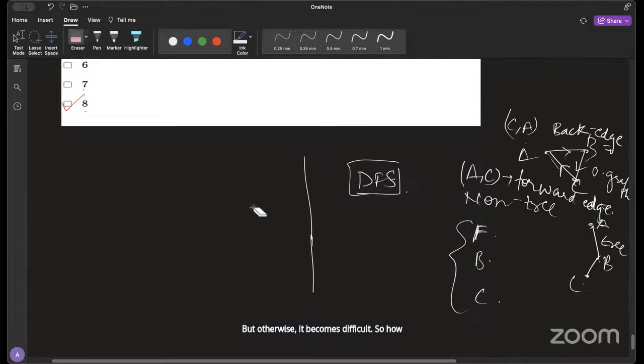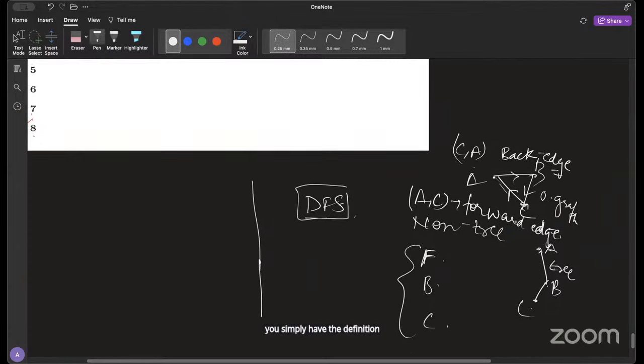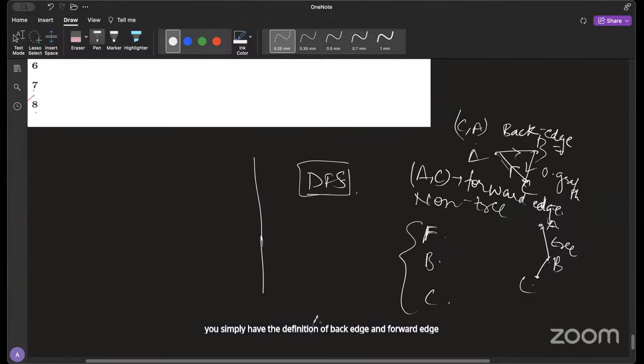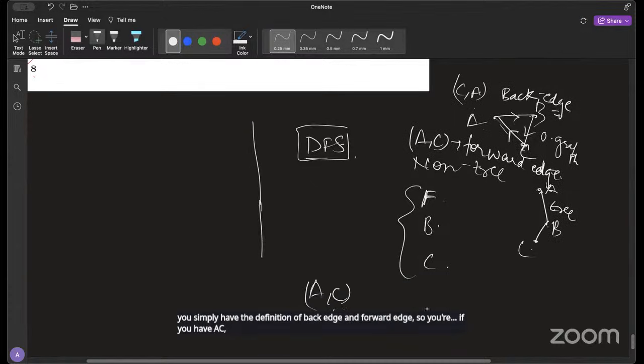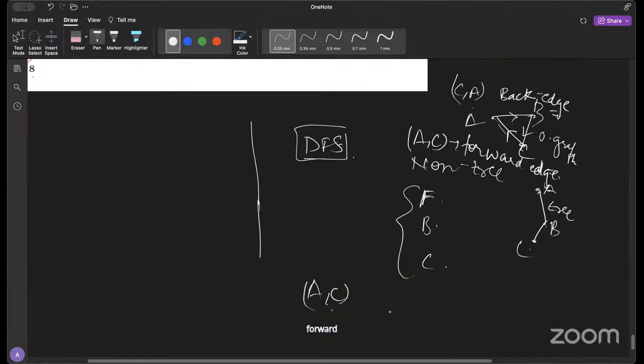So how do you check for bigger cycles? You simply have the definition of back edge and forward edge. So if you have AC, the forward edge says that it should be pointed towards the downward thing. So you should have